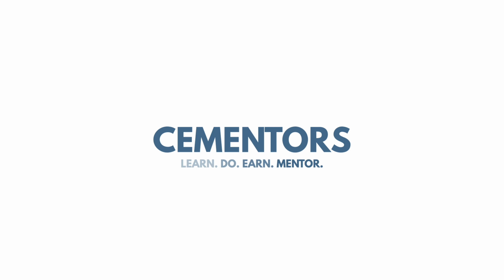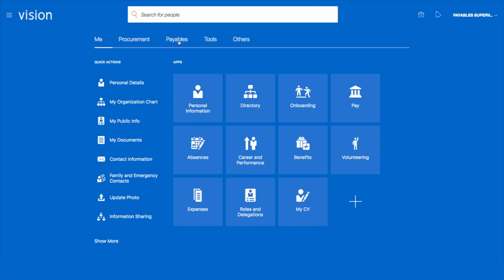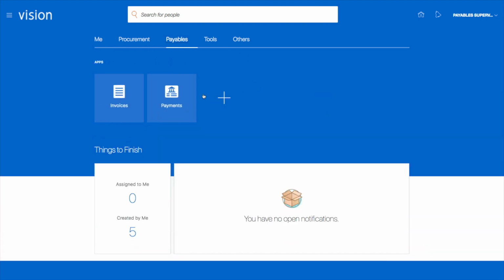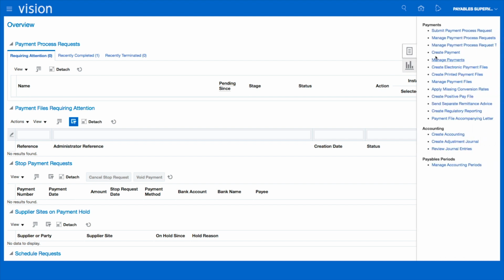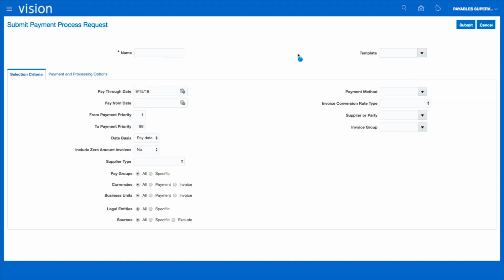In this video, we're going to look at how to pay the invoice. So we're going to go to Payables from the Springboard, select Payments. So I'm going to select my Submit Payment Process Request from the taskbar. And I'm going to give my payment process request a name. I'm going to call it